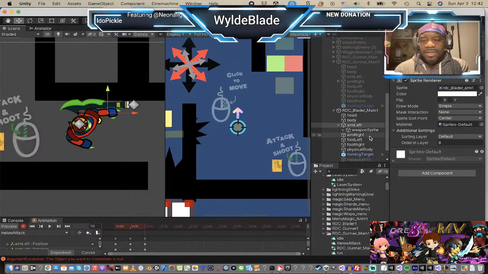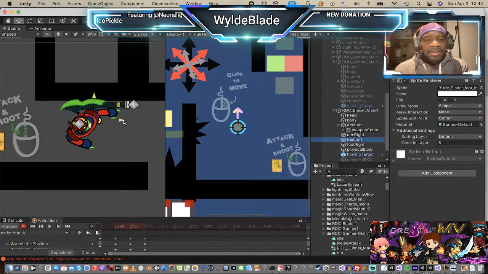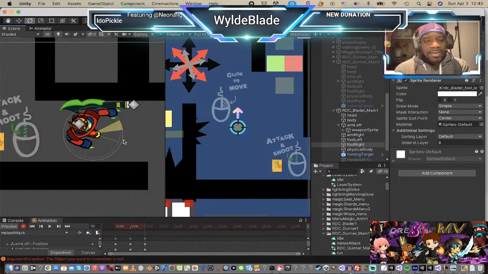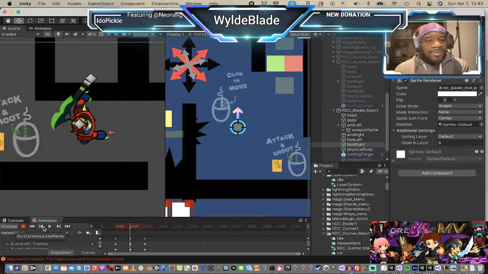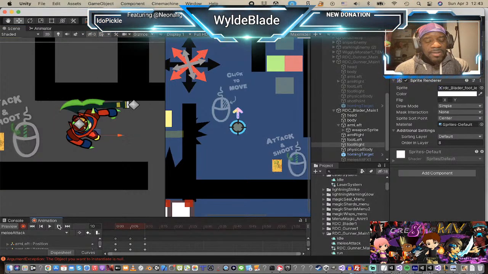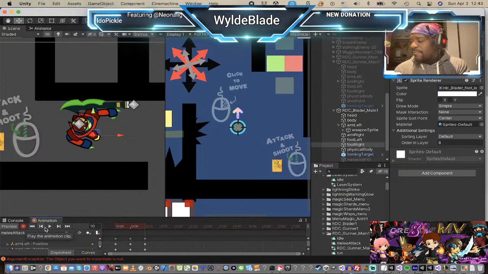Okay, and for his foot, his left foot is going to come back, and the right foot is going to come forward now, and maybe forward and down a little bit. Kind of maybe rotate this out as well to angle it. Yeah, kind of make it look like he's pivoting into it. Okay. So boom, boom. All right,